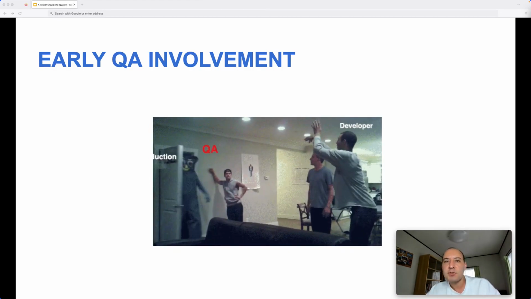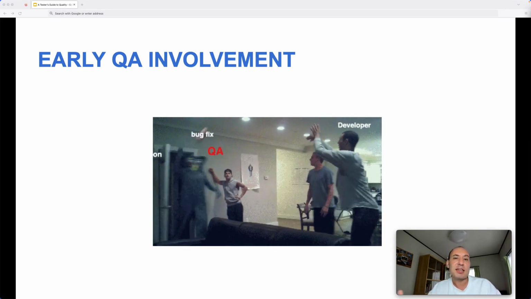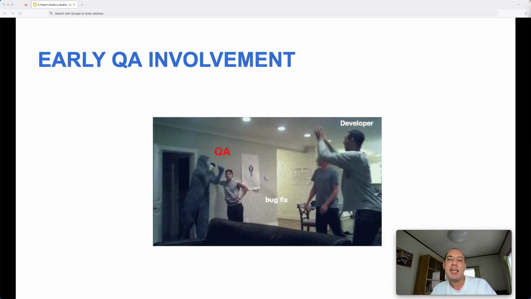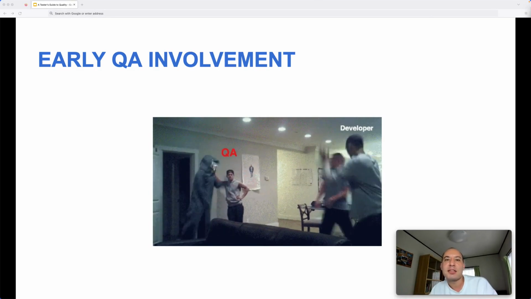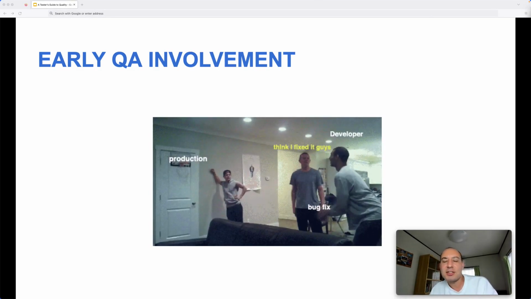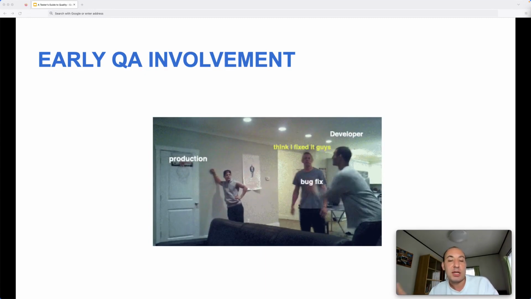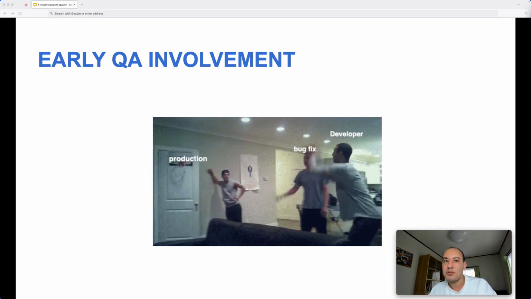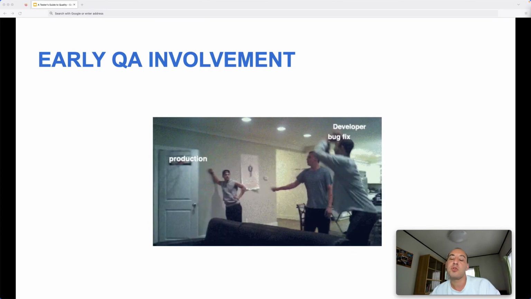So what we have done in our project is we agreed with the development teams that whenever they create some tasks, they create relevant subtasks, including the relevant testing activities, and assign them to the QA teams. In this way, whenever they create a task for the development activities, the QA teams are notified and they are aware of what is being developed and implemented in the development teams.